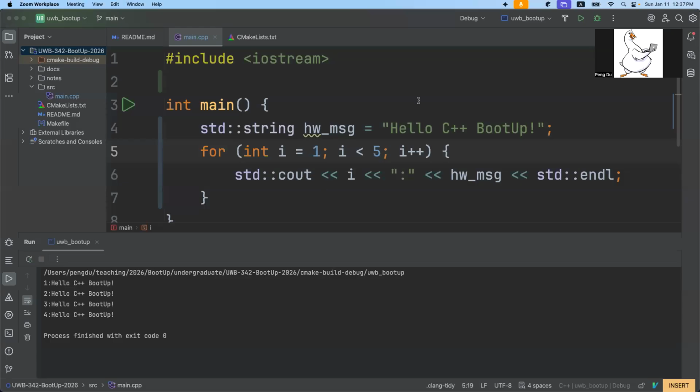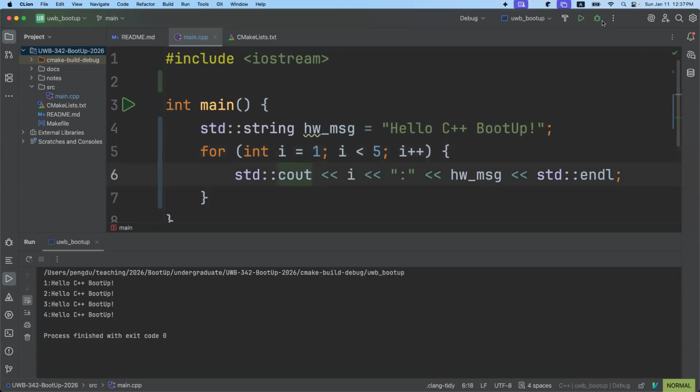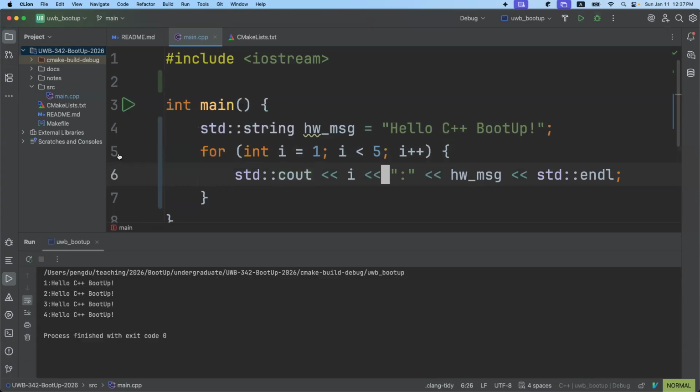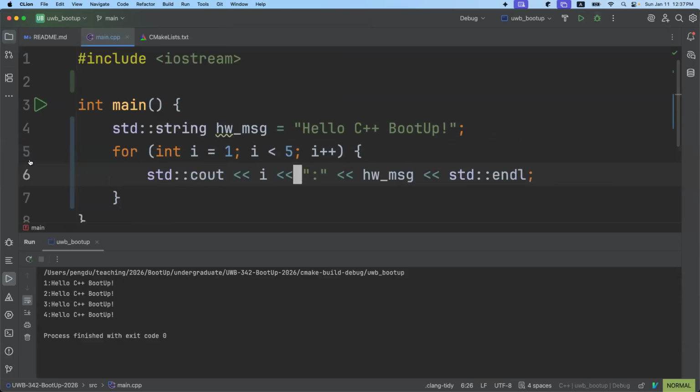Okay, and on CLion, at least, the way to debug is pretty similar to IntelliJ if you have used that before. It's just instead of clicking the green button, if I right click here, it has a debug option, and we want to use a breakpoint to debug this. So for example, I'm gonna add a quick breakpoint on the left side by clicking the line where I want the code to pause. So here, I'm gonna pause here. And if I do the debug,